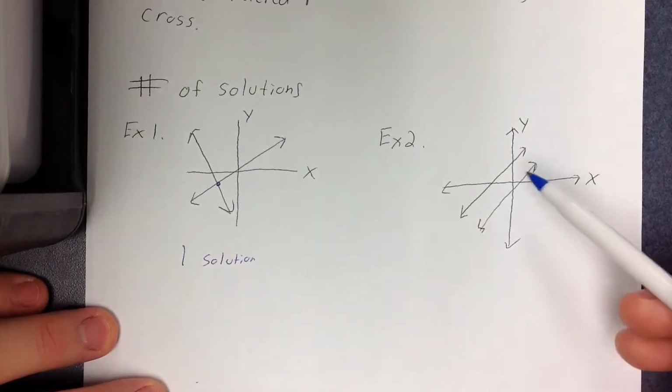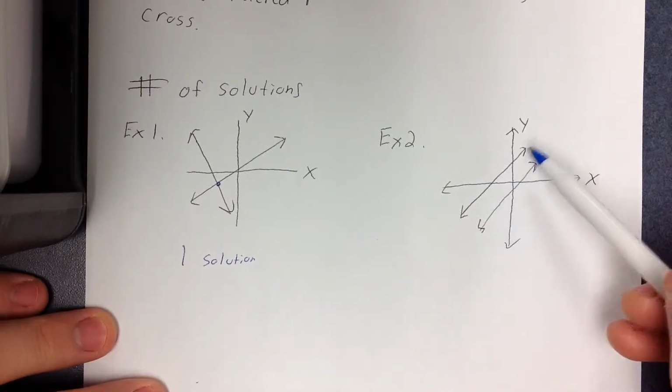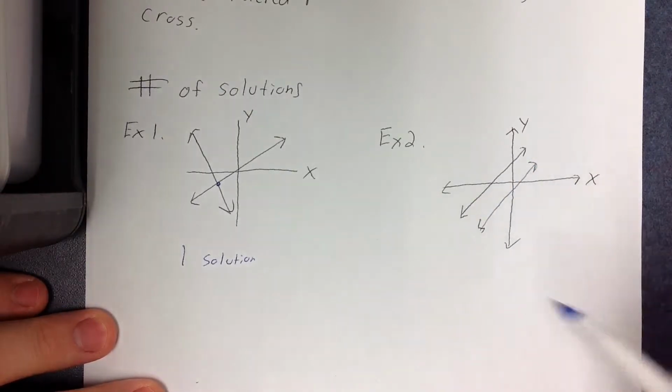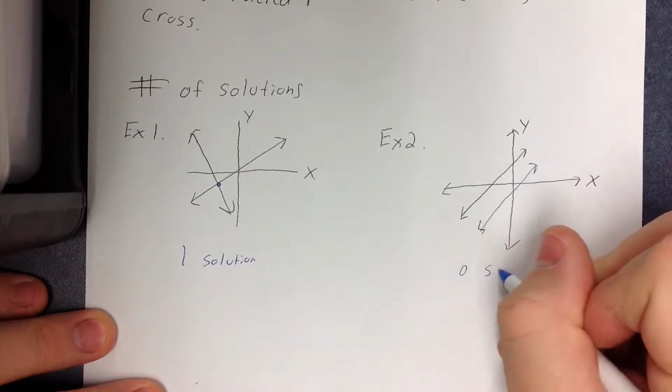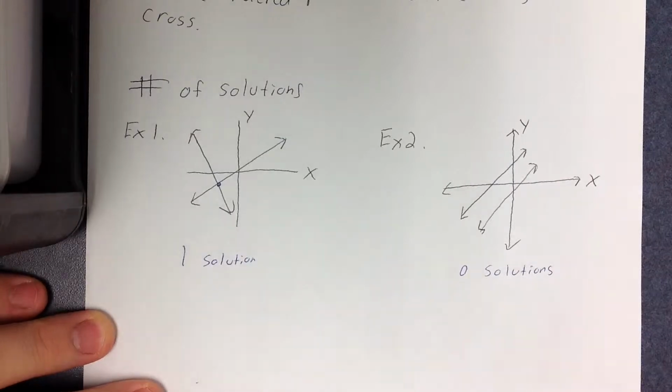If you look at the second example, they appear to be parallel. So if they're parallel, they're never going to cross. So this has no solutions. Those are the two that you really need to be concerned about. Now if we look at some examples,